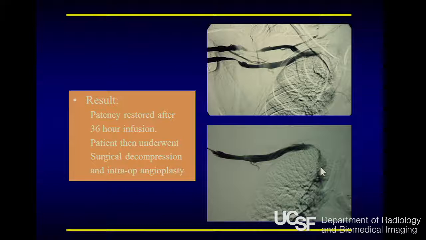So one might be tempted to do something further here to angioplasty this lesion or even to place a stent there, but it's recommended that that's not done because basically you still have those rigid structures in the thoracic outlet right there. Nothing's been done about those rigid structures that caused the problem in the first place. So if you try to angioplasty that, you might damage the wall of the vein by compressing against those bones or that muscle. If you try to stent that, the stent itself may not open completely and it may be deformed by